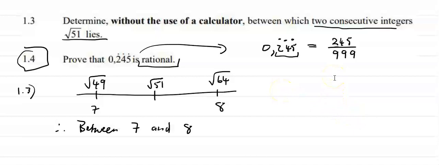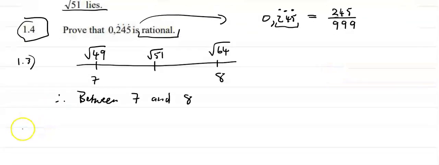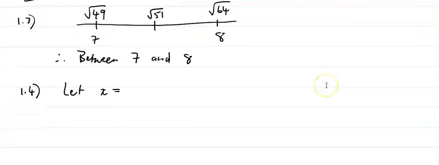is a rational number. Now remember, a rational number is any number that can be expressed as a fraction, right? So a over b, where a and b are both integers, and obviously b can't equal 0 because that will be undefined. So 1.4. What we do first is we're going to let x equal the number. We're going to expand that number 0,245. So we're going to write